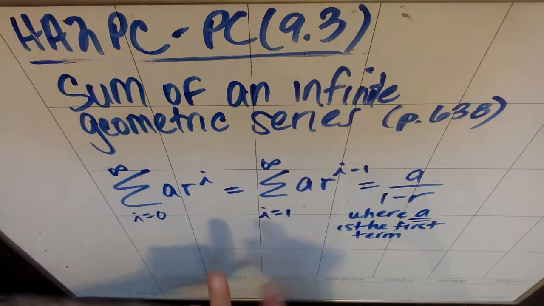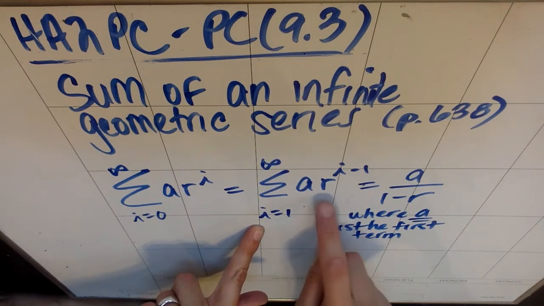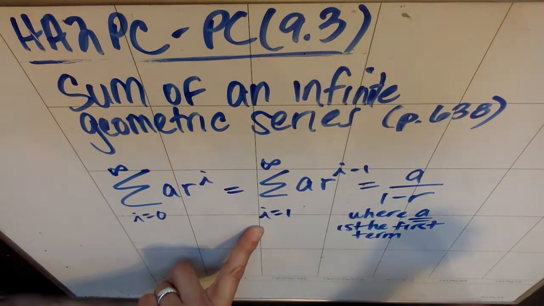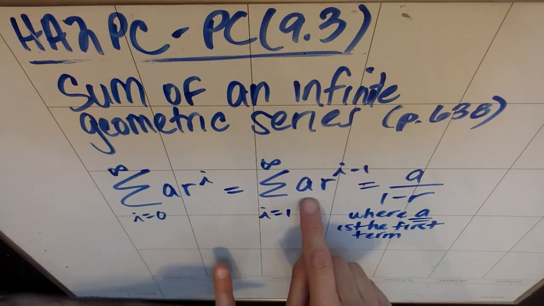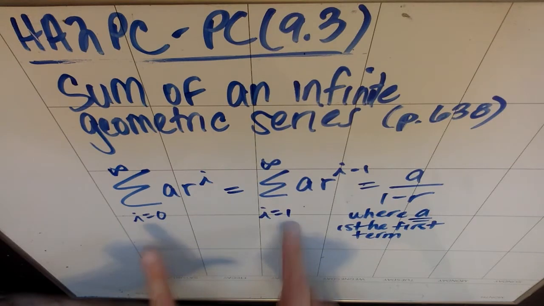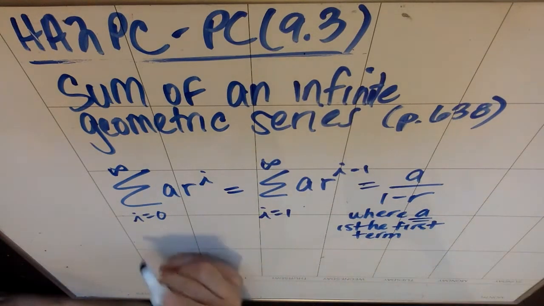The other way to write this is that you don't start at 0, you start at i is 1, but instead of the r term being r to the i, it's r to the i minus 1. Even if I write it this way, the important piece of information is that wherever I start, what I plug in, I get A as the first term. Either of those infinite geometric series will sum to A over 1 minus r, but with a caveat,